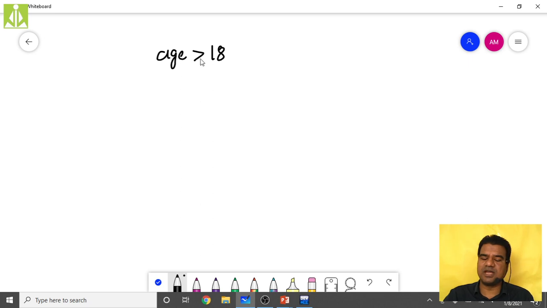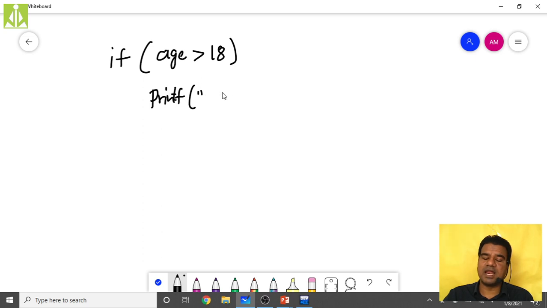If you frame this type of relational expression and it is true, then you allow the person to vote. Simply print a message: printf, the person is allowed to vote.